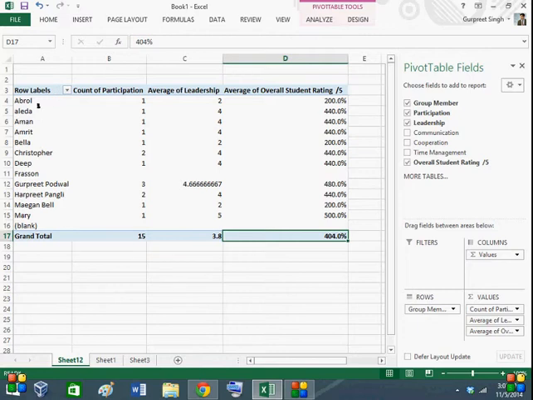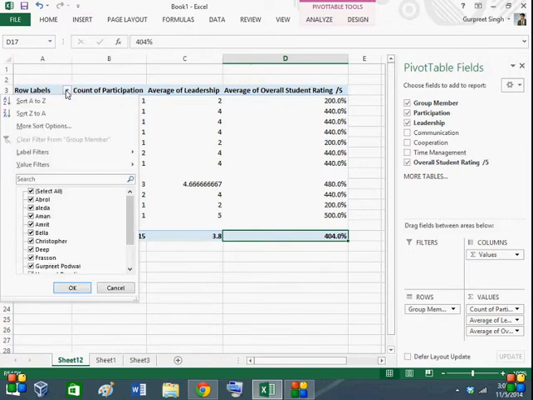I can remove names from this. I can remove all the values with 1, all the values with 2, all the values with 3, or anything else from this. Just go over here on the row labels, just uncheck Abrol and hit OK.